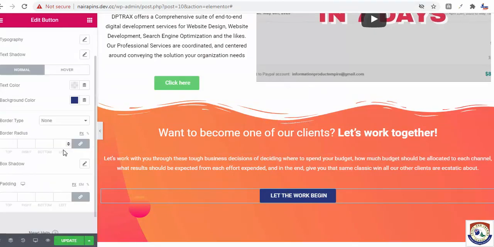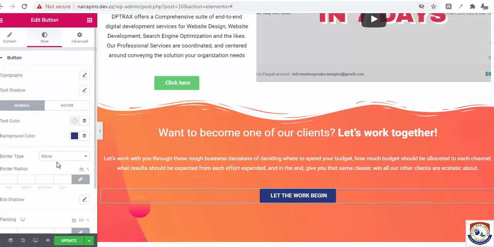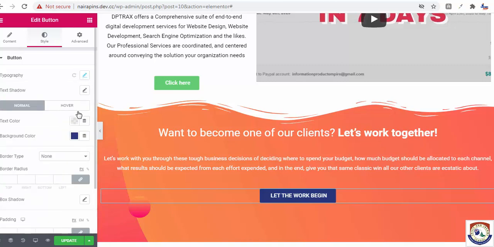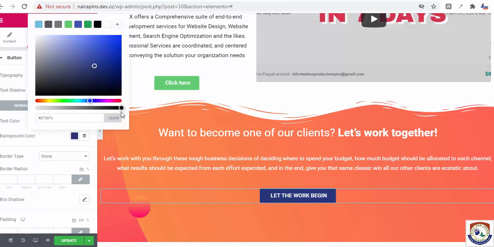For this one, I'm going to make it, typography button, okay, let's see. Okay, sorry. This color, I'm going to make it lighter. Can you see it has become lighter like this?